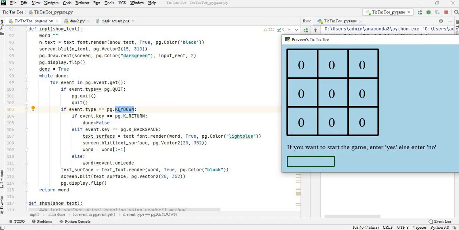In that, K_RETURN implies the enter button. The return we can find in MacBooks, whereas in Windows we have the enter button. Whenever we are pressing enter, done equals False and it will come out of this while loop and we are returning that word because the user wants to decide the text as the input text.